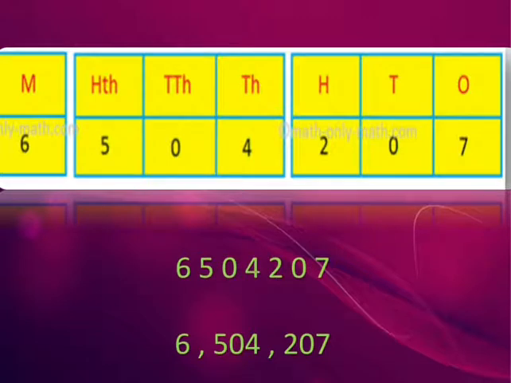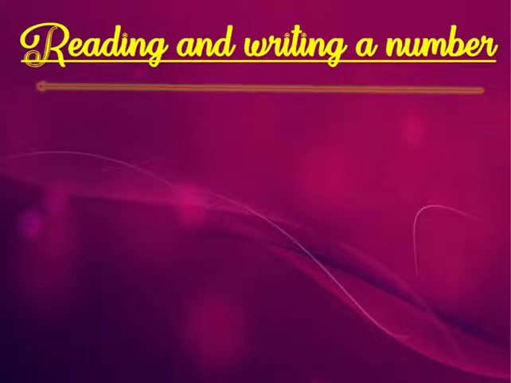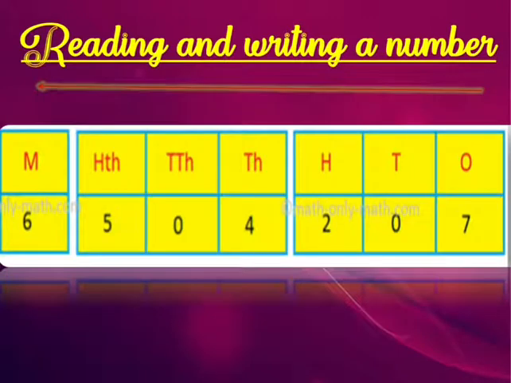So how will we write? We will count the digits from the endmost position and after every 3 digits we will place our comma. So the number will be written as 6,504,207. Now let's have a look. How do we place it? Please note that we will be placing the commas from the endmost position. That means our arrow will move from ones to the million place, and counting from the endmost, we will be putting our commas.